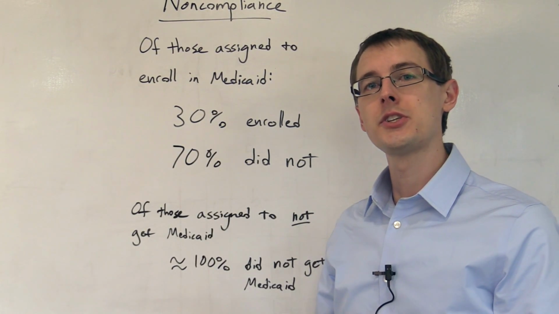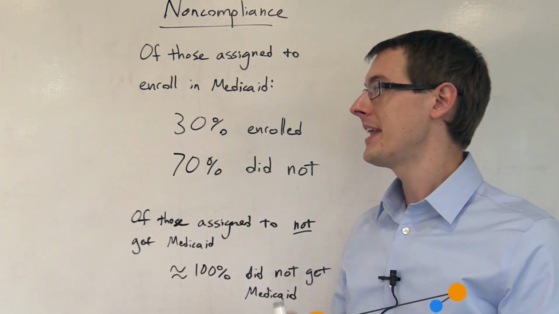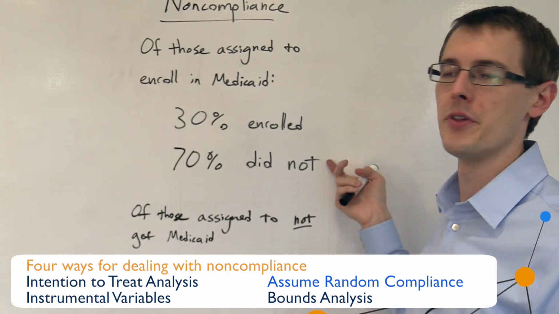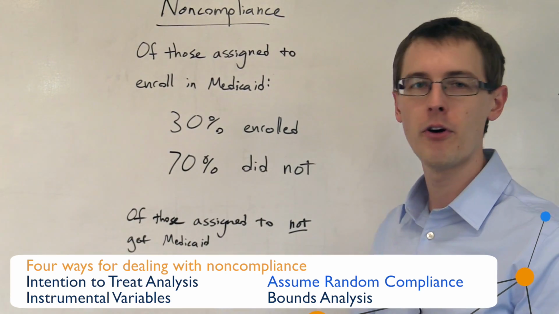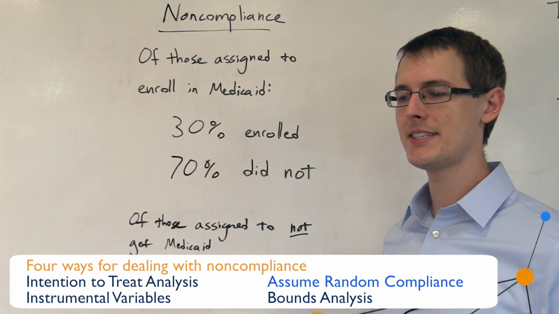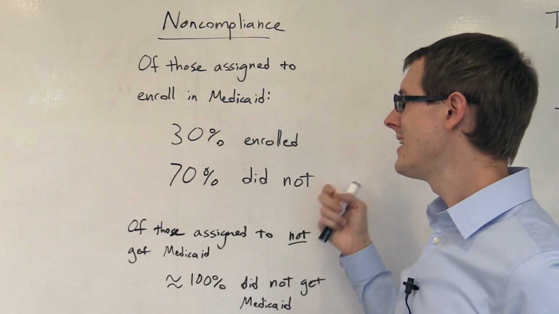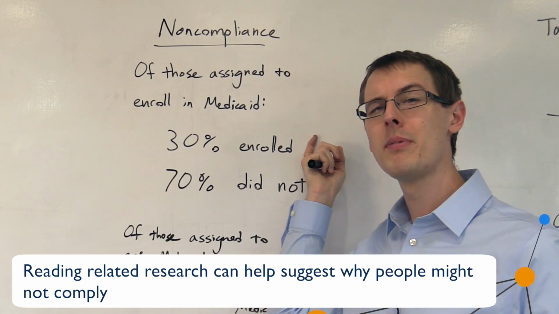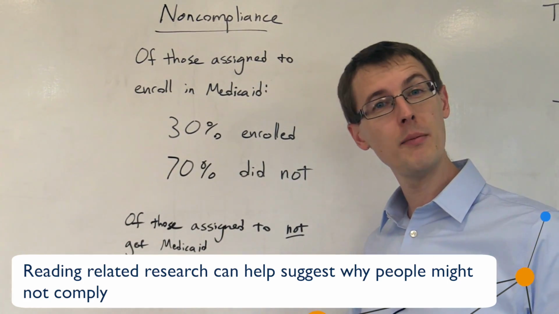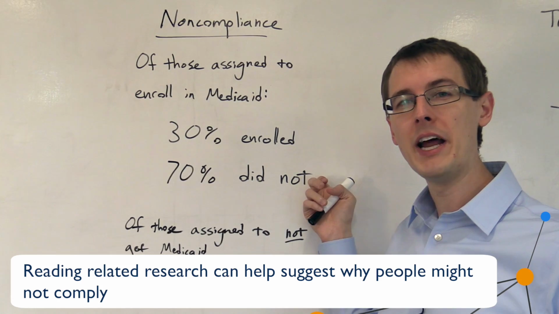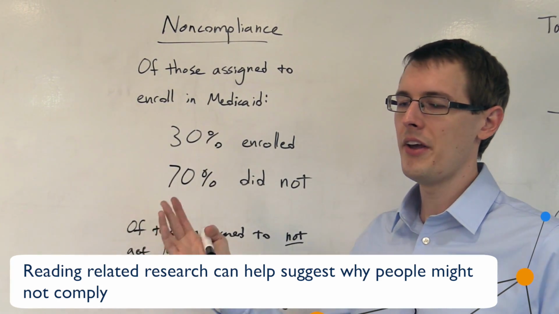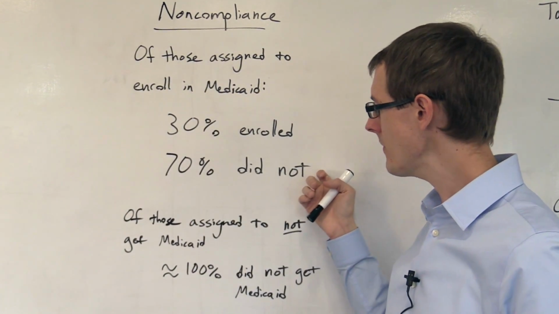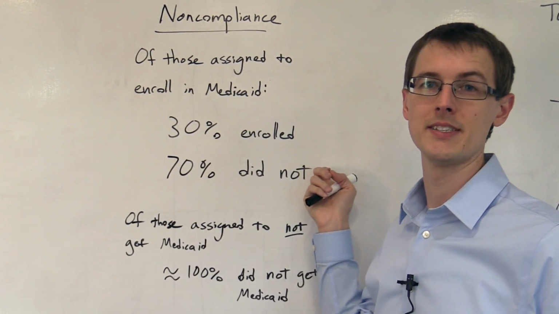The second approach is assuming random compliance. And that is the people who enrolled in Medicaid were basically the same as the people who didn't enroll. They just randomly decided. When they got that form in the mail, they just flipped a coin, and if it was heads, they enrolled. If not, they didn't. Now that's probably not true, because you would think that the people who enrolled probably were sicker, had more health problems, whereas the people who didn't enroll might have been younger, healthier, and thought, well, I'm young and healthy, I don't need medical insurance, and threw the form away. Okay? So we probably don't believe that assumption.